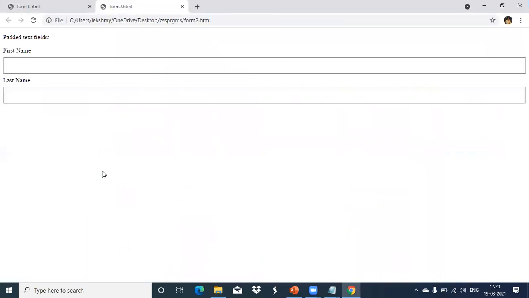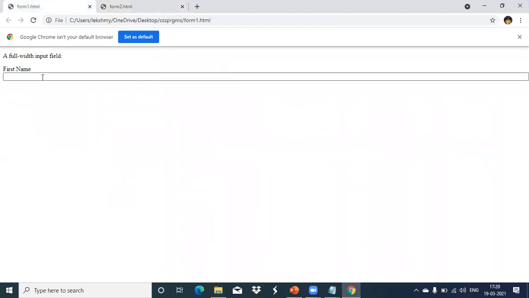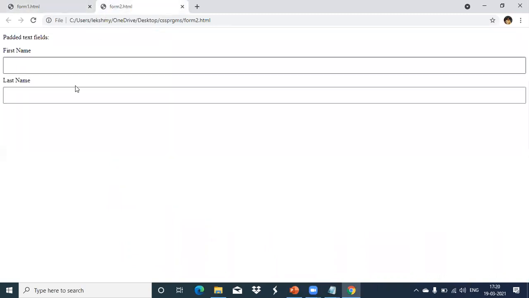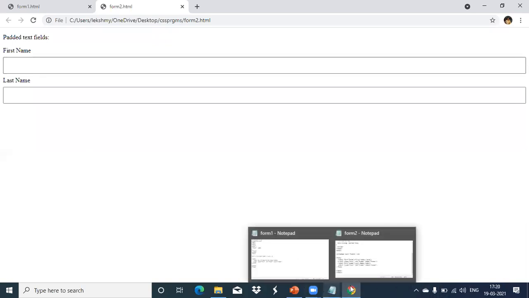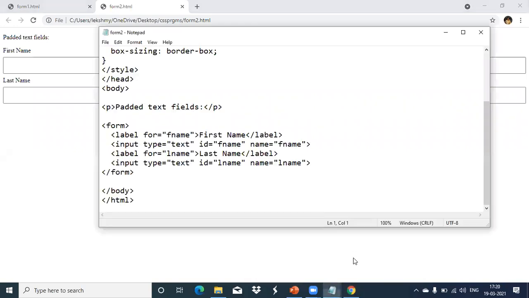So see like this. We have done padding for the text field also. You can see the sizes comparing with the first one. This is the default one we have done. And you see now how much space difference is there between the label and this one. That we have done using the padding property we have implemented there.